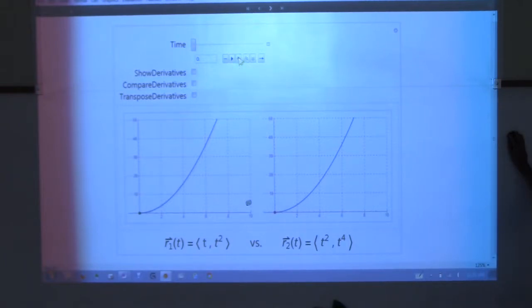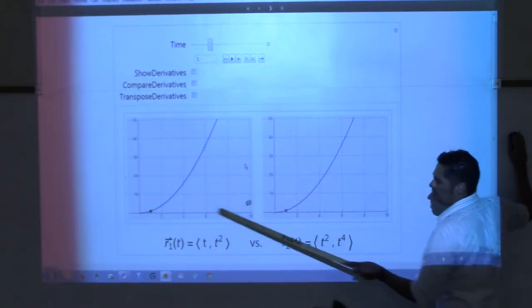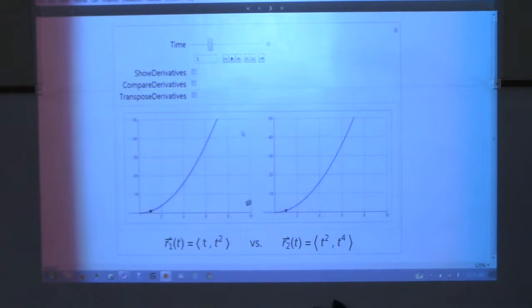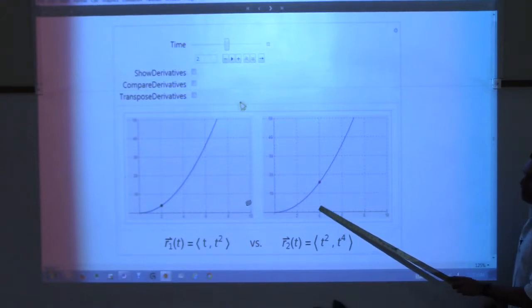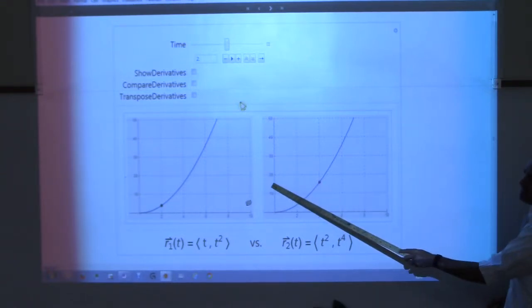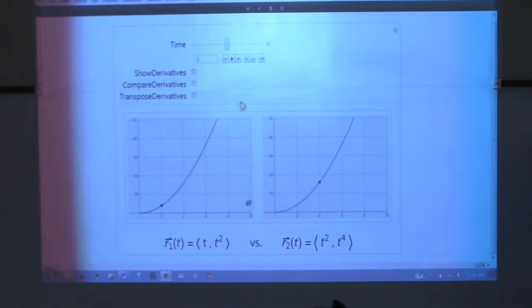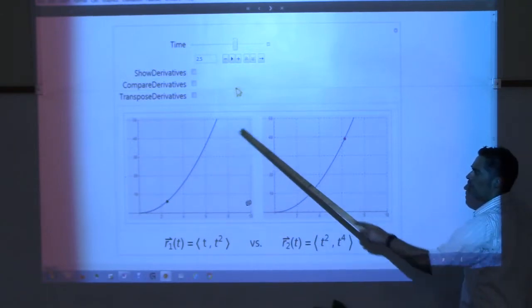How about at time equals 1? Or here's 0.25. Let me go to time equals 1. At time equals 1, they're at the same point, aren't they? What about time equals 2? Are they at the same place? No. This one's right here at 2, 4. But this one over here has already jumped all the way to 4, 16, right? And if I advance time, you can see that even though this one's drawing the same curve, this one's drawing